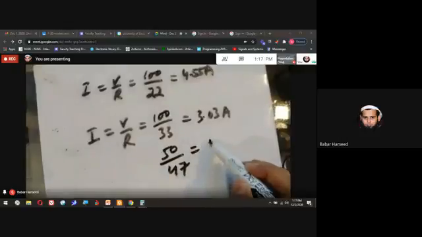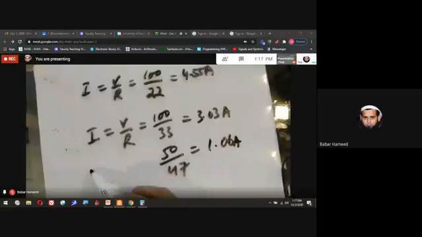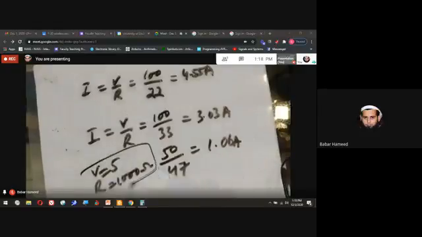It will give us 1.06 ampere. And if voltage is 5 volt and R is equal to 1000 ohm, will there be a current? Yes, there will be a current. A smaller quantity, but there will be a current. Again, the formula is the same, 5 over 1000. It will be